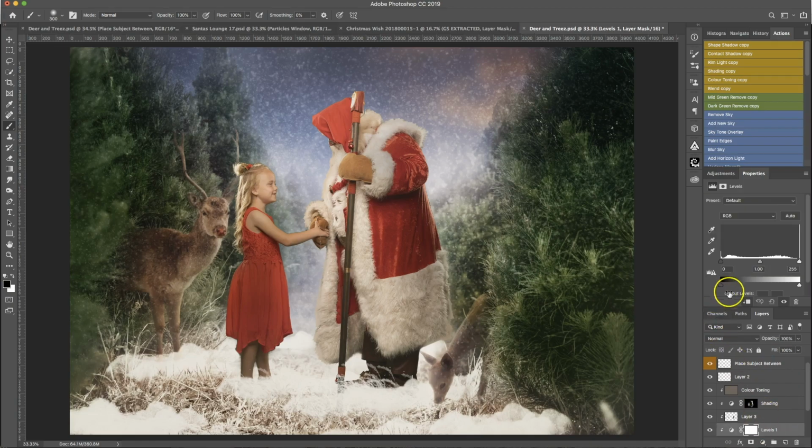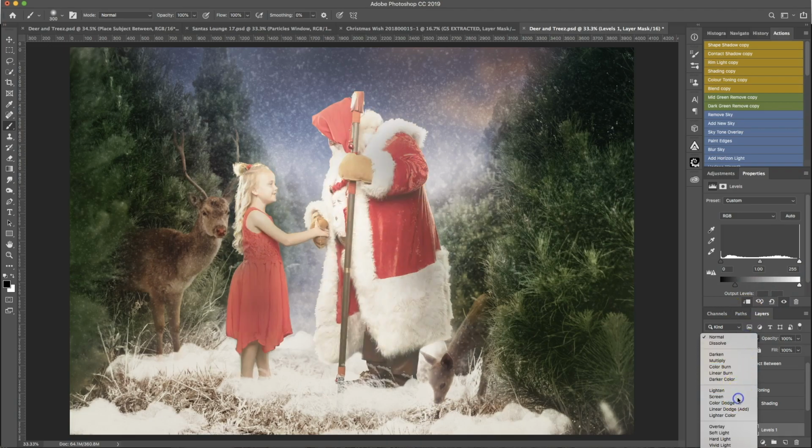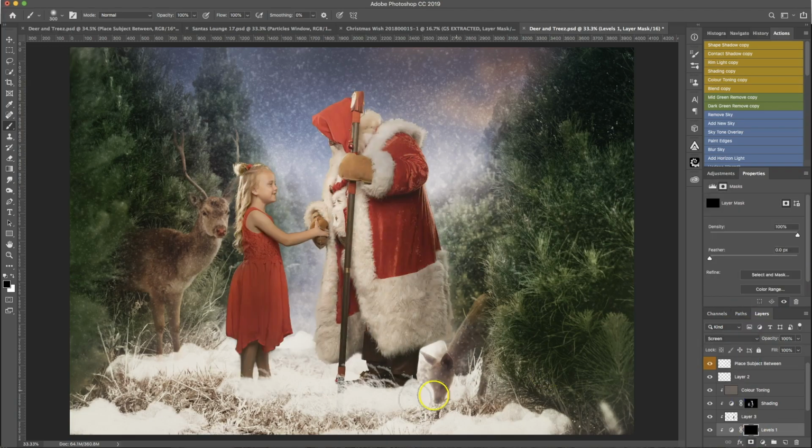Maybe create a levels adjustment layer, make that screen mode, invert it, just paint it in where you feel she needs to be lighter. The same with Santa, if you need to lighten up any areas that maybe are reflecting off the ground because they're in snow. So each background is going to be different and each requirement of what you do is going to be different, but I hope that these methods actually make it much faster for you,